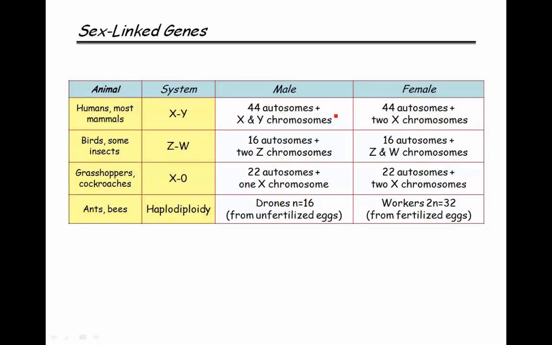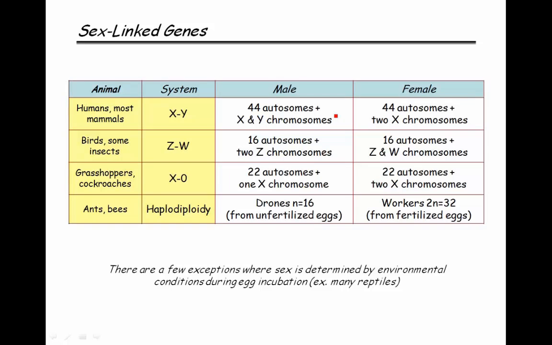So the males are haploid, and the females are going to be diploid. So there again, we have a different total number of chromosomes in our males versus our females. Now, all of these examples on here, you do not have to memorize all the specifics of them, but you do want to understand that the sex does have a chromosomal basis. That is what's determining the sex of the offspring, either specific sex chromosomes or numbers of chromosomes that are causing that to be determined. We do want to point out, though, that there are a few exceptions to the rule